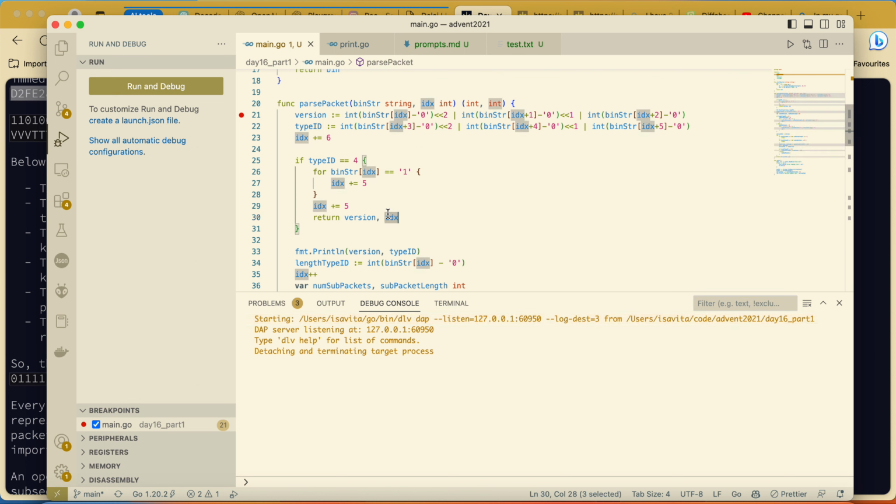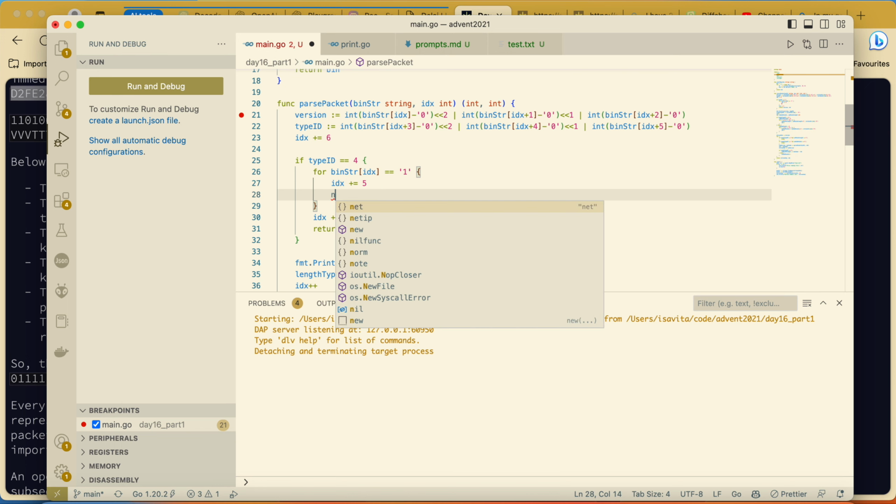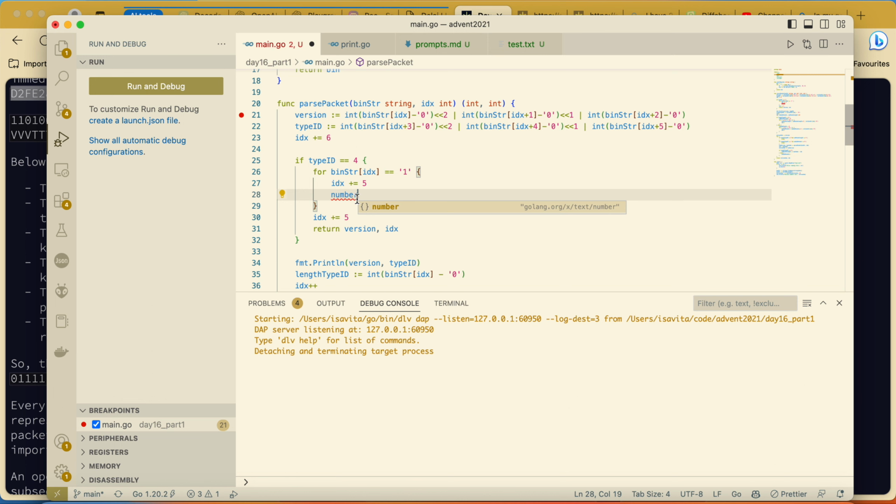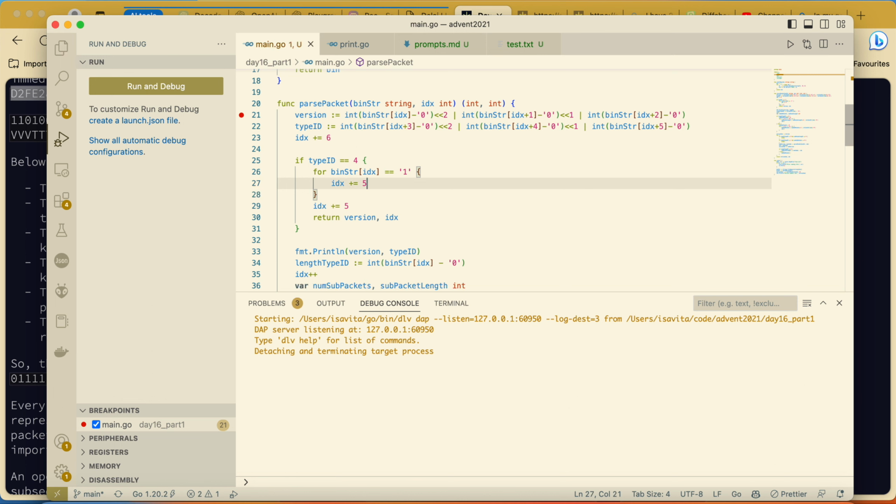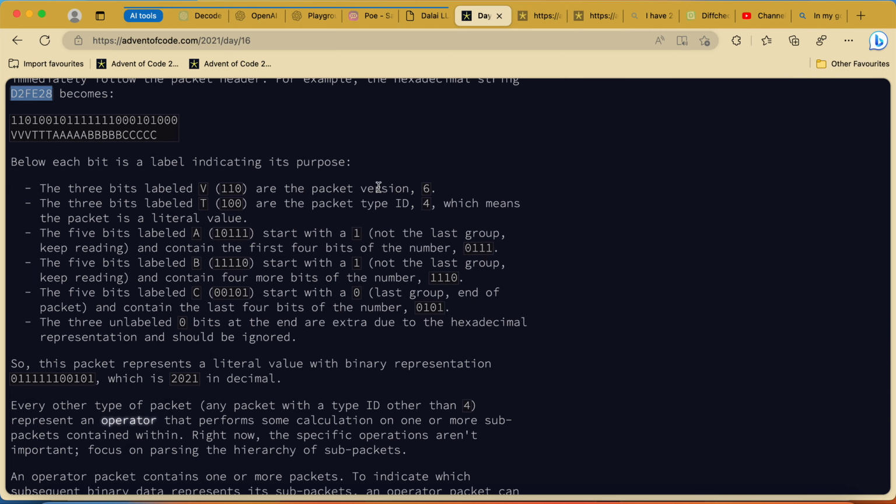In my opinion, here we should return the value. Instead of having this index and moving so, we should have here the number and parse it and do the cutting, but I would imagine that we'll need to do that in the second part.